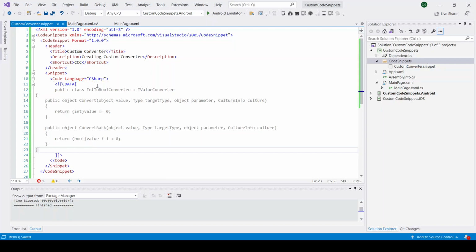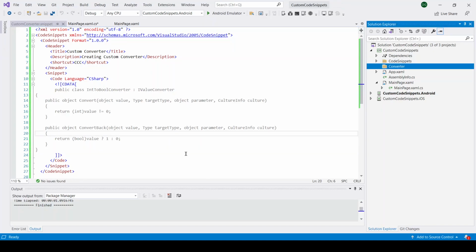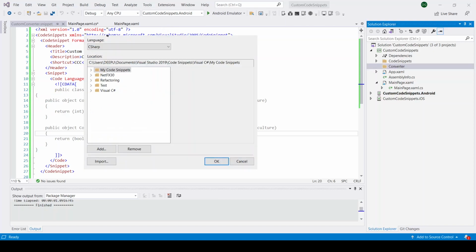Once these tags are created successfully, we need to follow some procedure to use this code snippet. After creating the code snippet, to add it to Visual Studio we click on the Tools tab and click Code Snippets Manager. The Code Snippets Manager window will open.